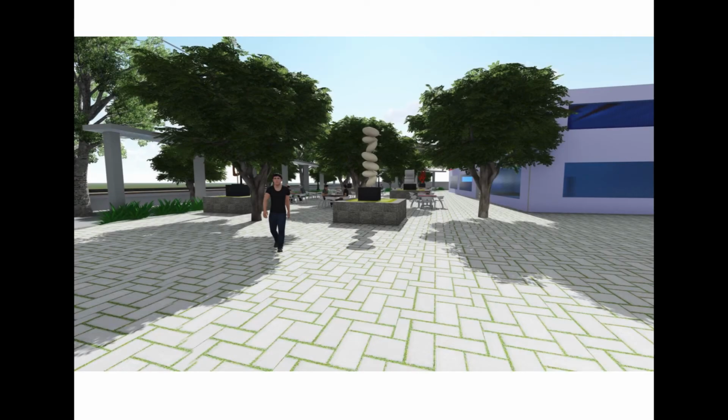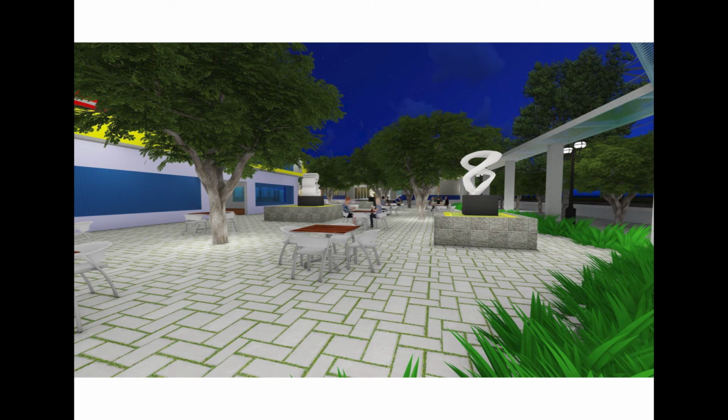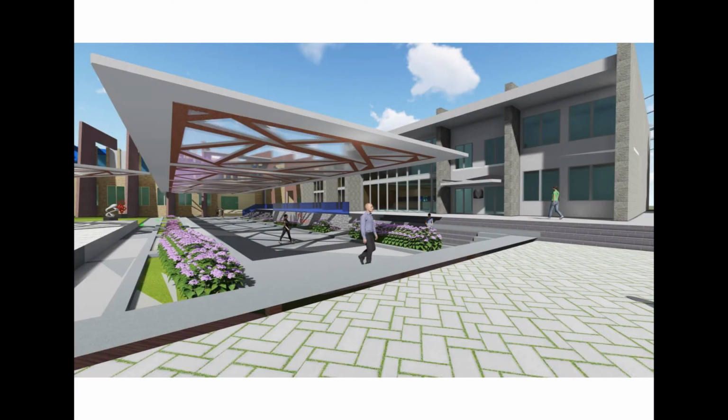The cafeteria is placed on the eastern side of the site, near the railway tracks, at plus 0.9 meters above ground level. The cafeteria space has an area of 500 square meters with a kitchen and has both indoor and outdoor sitting areas. The library space is at plus 1.5 meters above ground level and consists of a ground and first floor of 800 square meters each. The ground floor consists of the library and office, e-library, book issue area and adequate toilets. The first floor consists of a discussion and sitting area.